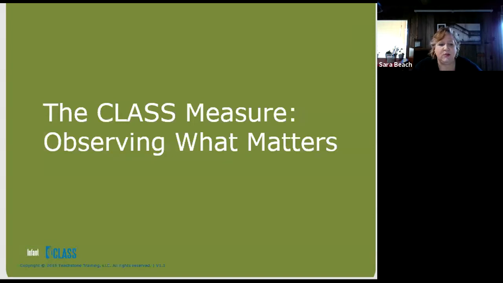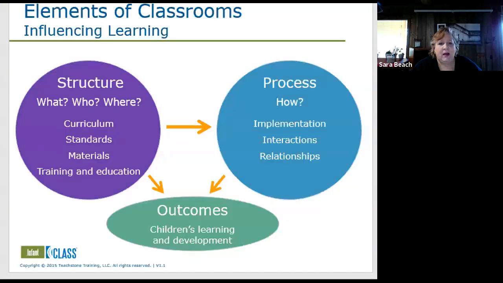I do want you to feel free to interrupt me. I'm going to talk fast because we only have 2 hours, and this overview is often done in a 6-hour training. So we're really going fast to give you the biggest overview and the most important facts about this tool. But I want you to feel free to either raise your hand or just jump in, whatever you need to do. Put something in the chat box if you want to ask a question or if you need clarification on anything, okay? And sometimes I need to be interrupted, because I go so fast.